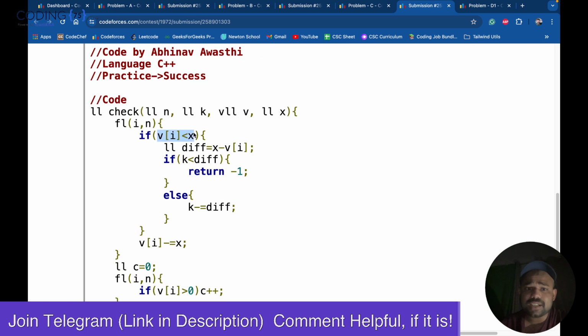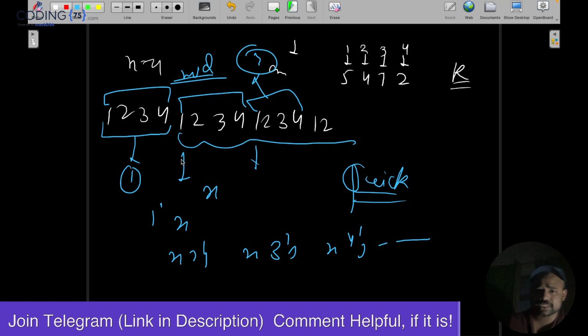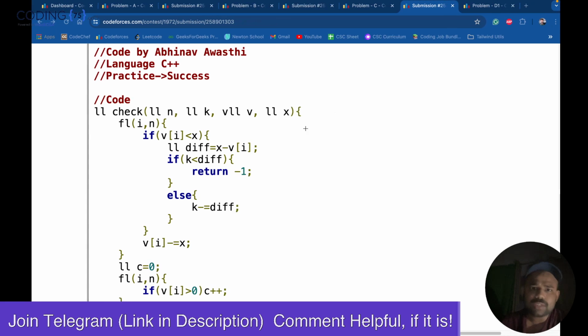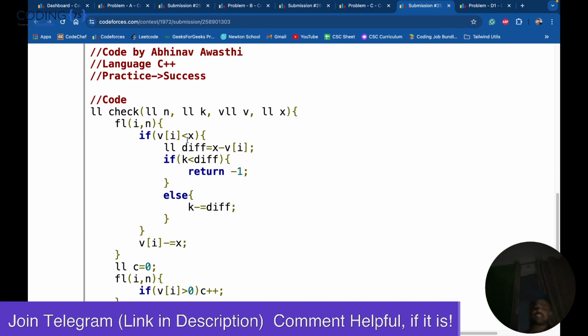If you have to make 1 2 3 4, 1 2 3 4, 1 2 3 4, x times, then every number 1 2 3 4 should be present x times, right? So if any number is present less than x times, we have to fill that gap with k. So we will find the difference, how much of that number is taken. Now if k is less than that difference, it is not possible. Now you might say I want 100 such 1 2 3 4 repetitions, but 100 is not possible, right? Even if k is 10, 100 is not possible. So if x is very large and even k cannot fulfill the gap, you will get -1. Else you will take those numbers from k, right?